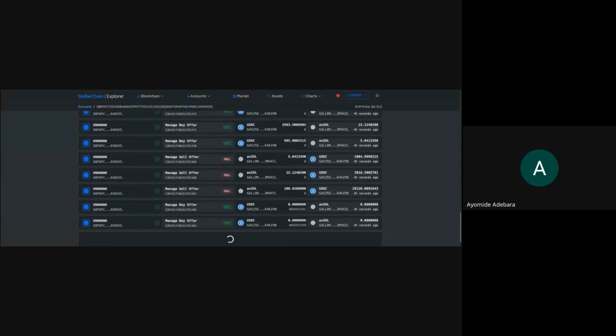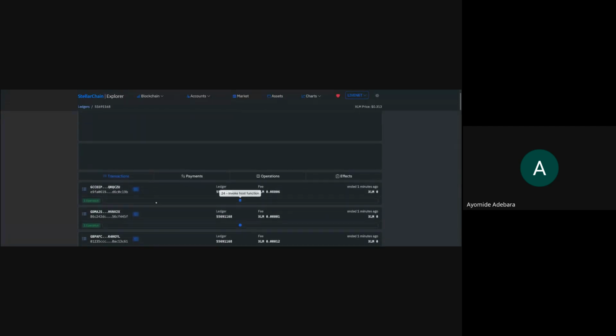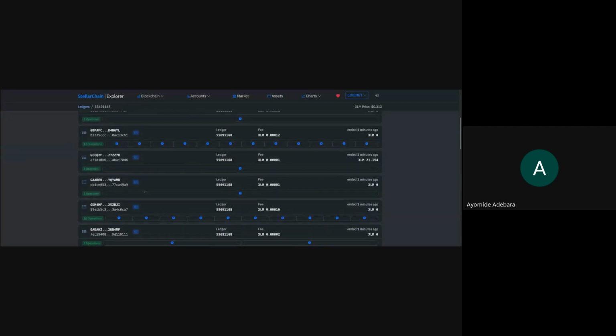So this is an example of a transaction that could have more than one operation. Look at this one. This one has just one operation inside of it, and if you look, the operation is manage buy offer. It's just a single operation. But compared, now let's be logical. Let's look at this one that has about 12 operations inside of it. Did you notice the gas fee that this one took?